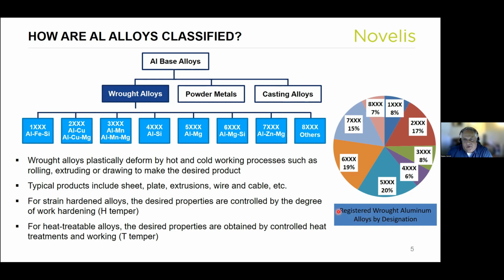The most common for us to talk about is the 5000 and the 6000, as already mentioned. 5 is aluminum-magnesium and 6 is aluminum-magnesium-silicon with copper. And of course, there is a 7000 that's used mainly for aerospace, but we are also exploring the 7000 for high strength applications. And those that do not belong to any of this end up in the so-called 8000, the other category. So wrought alloys are typically deformed by hot and cold working, such as rolling, extruding, drawing, and typically